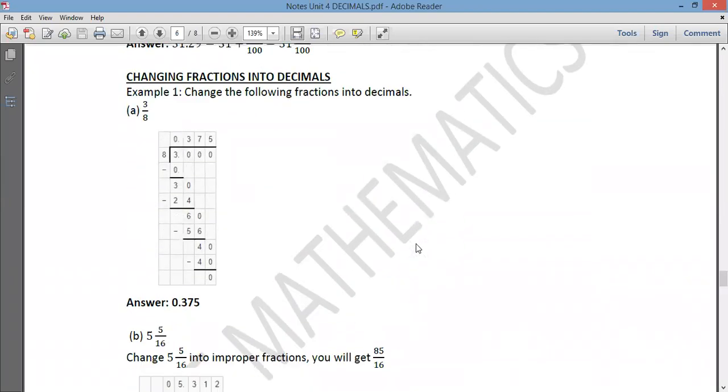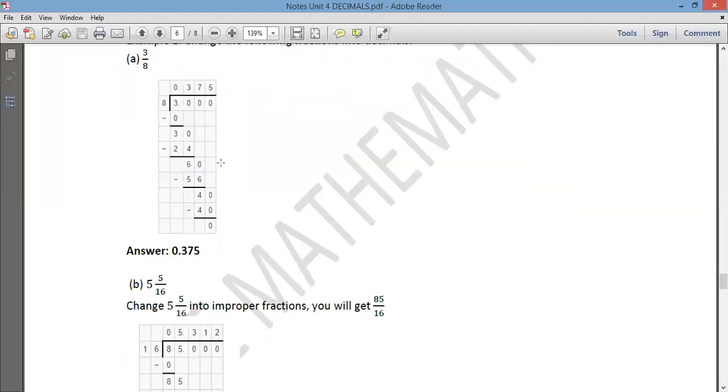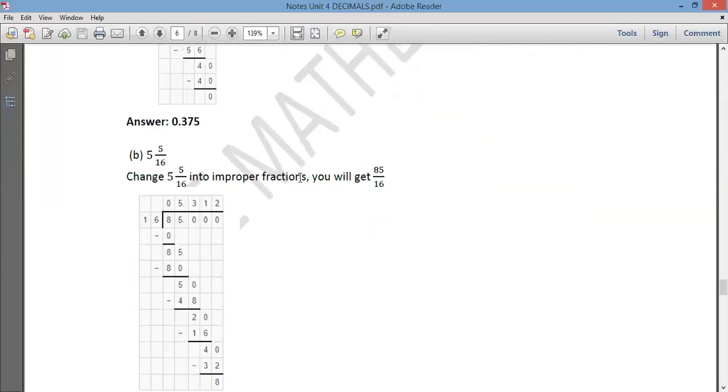Changing fraction into decimals. 3 over 8 means 3 divided by 8. I keep repeating this from when I taught the last lesson on fractions. So if you want to change this fraction into decimal, you use 3 divided by 8, then you divide until you get your answer. I think this one doesn't have a problem, but when you have